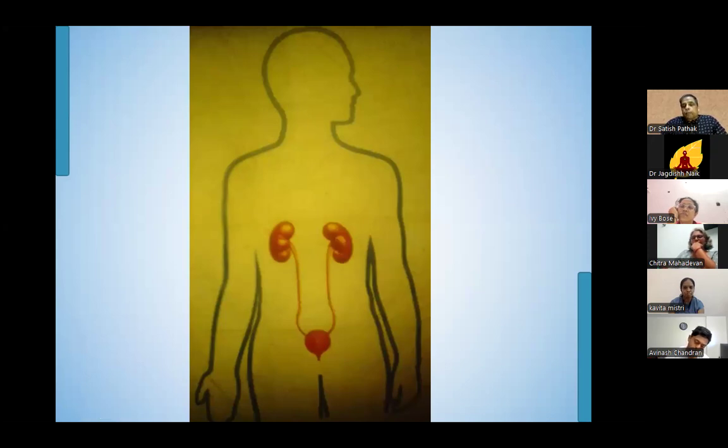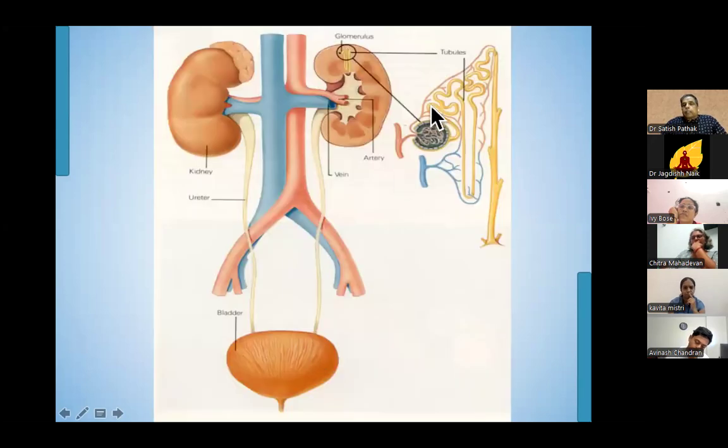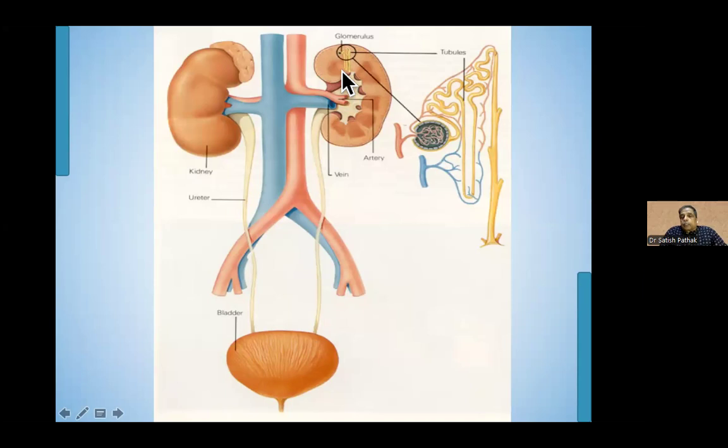This is the kidney, then this is the ureter, and this is the bladder. This is the filtration plant of the kidney. Whenever blood comes over here, it is filtered. What does the kidney filter? It filters what is not necessary, what is excess, what is harmful, what is toxic. It is filtered here, and all the toxic matter is thrown out in the form of urine along this way